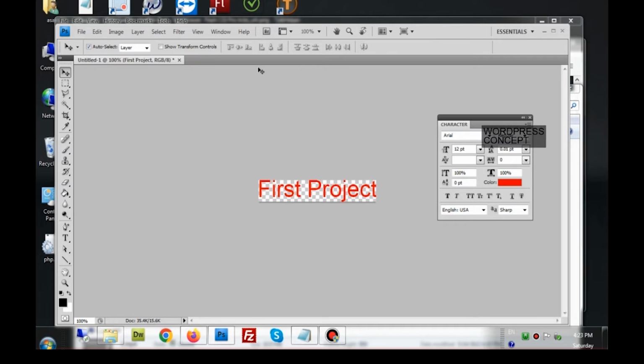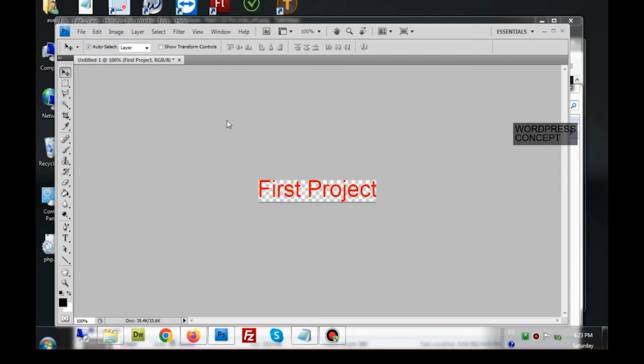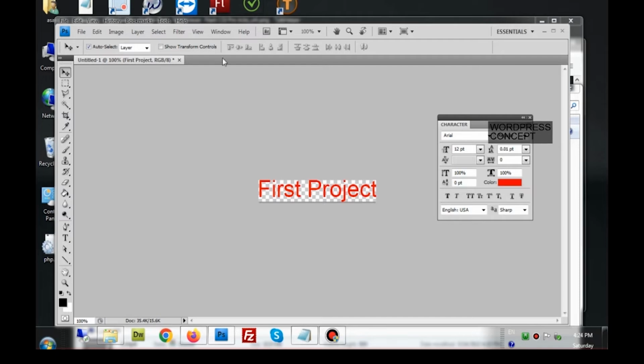To show this toolbar, you have to go to the Windows menu and click character. If it's already checked, that means it is showing. So if I click it again, it will hide it. I can make it visible again by clicking character. Now it is visible again.